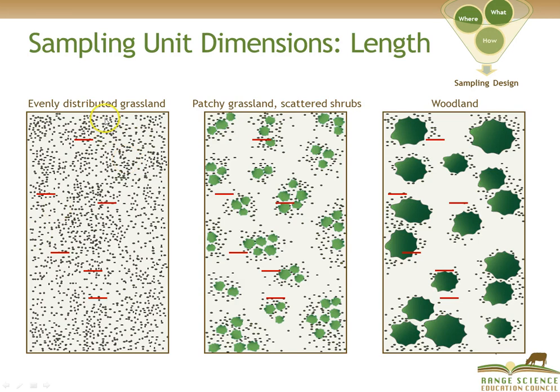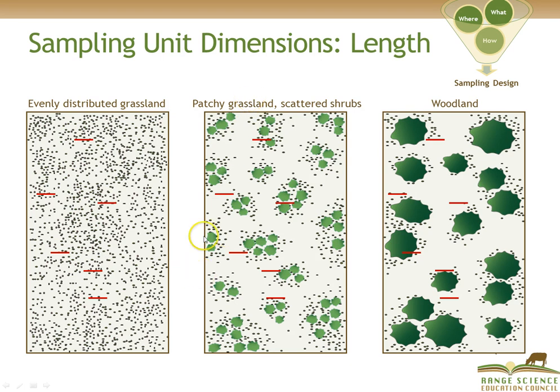We can see that in the homogeneous grassland, a shorter transect does a pretty good job of encompassing all of the variation in the grassland. And so within an individual transect, it's going to incorporate some areas where there are fewer plants and more plants, and we're going to have better precision among the transects. The measurements of the transects are going to be relatively close to each other compared to